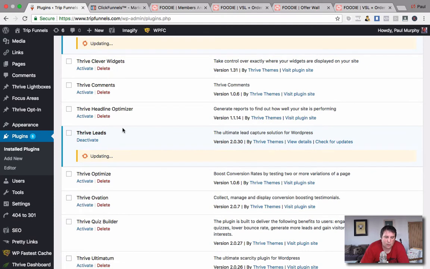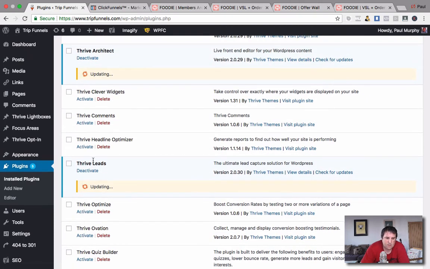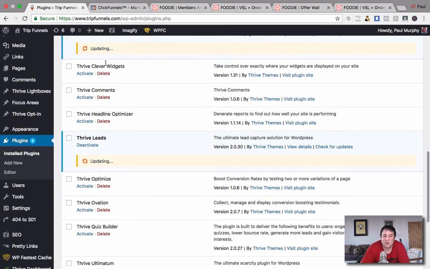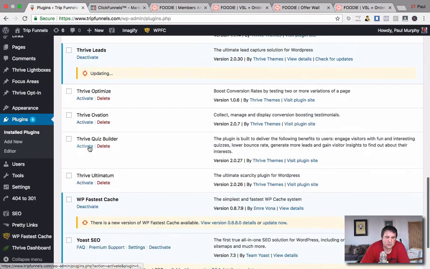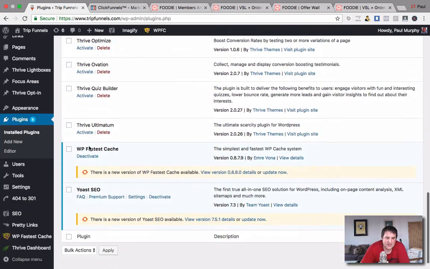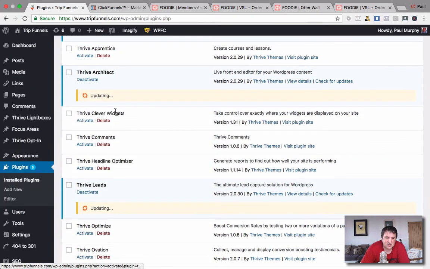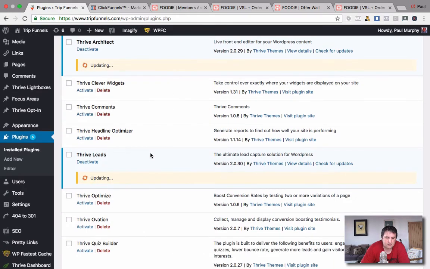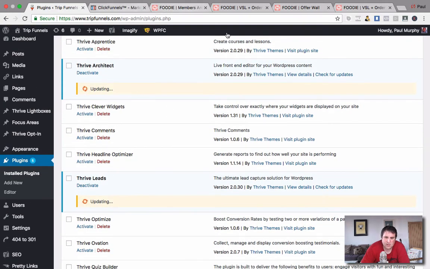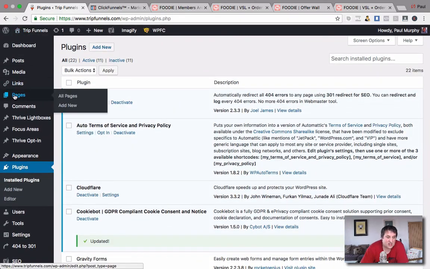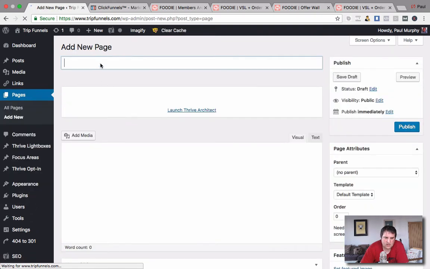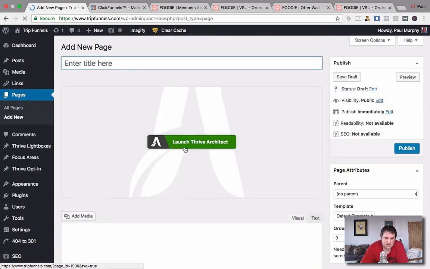As you can see, I've got all my other plugins, but I haven't got them activated as I'm not using them, just to keep it nice and light and airy. That's something I'd recommend you do. Sometimes they take a little while to update, but I just decided to update all the plugins so that it's nice and clean and we're ready to go. So if we go to add new page,